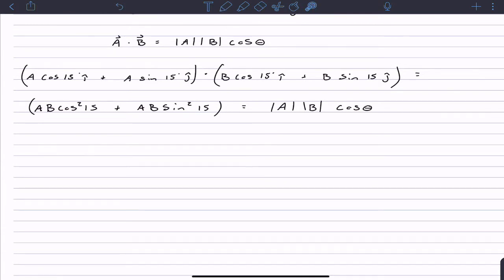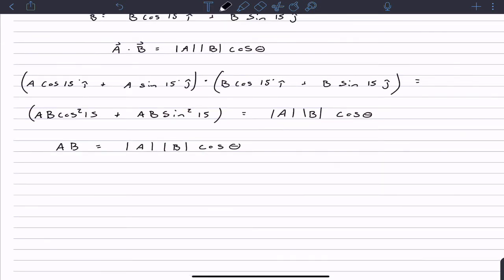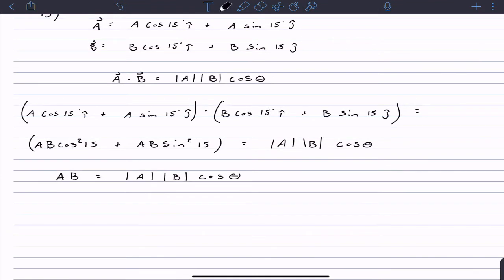Okay, so notice here that we have cosine squared plus sine squared 15, and the coefficients are the same, so this actually just gives us A·B, right? And then this is going to be magnitude A times magnitude B times cosine of the angle. So we can find the magnitudes of these vectors